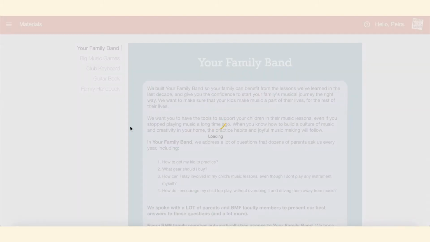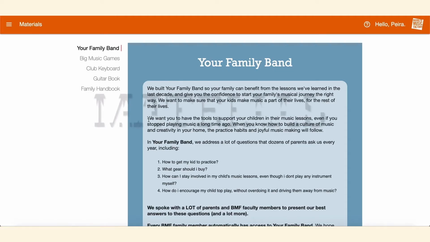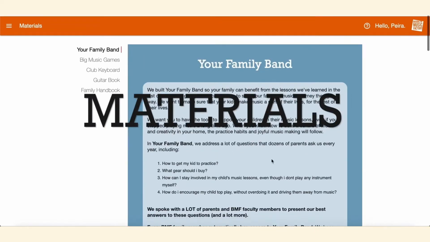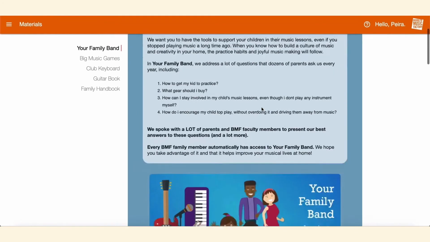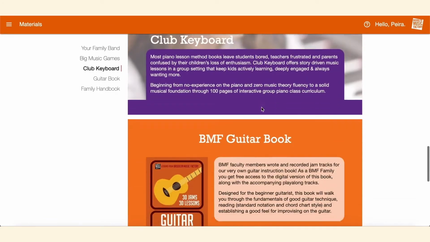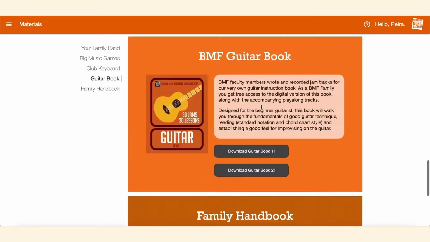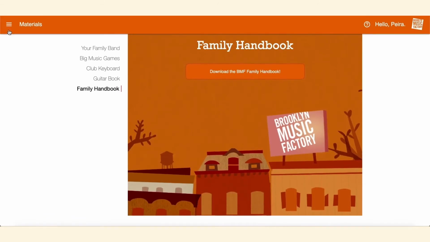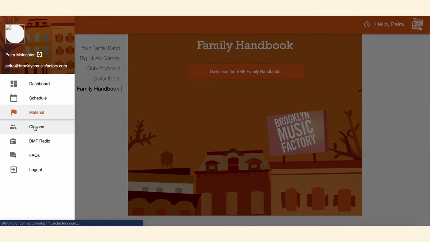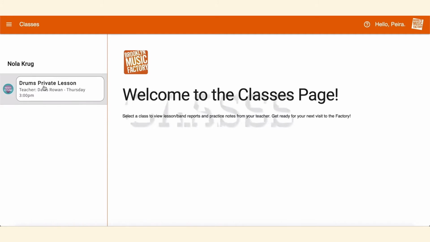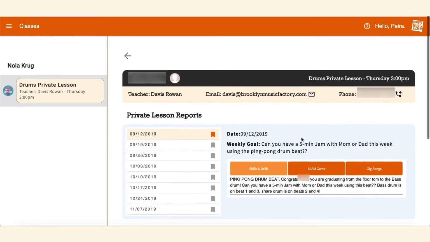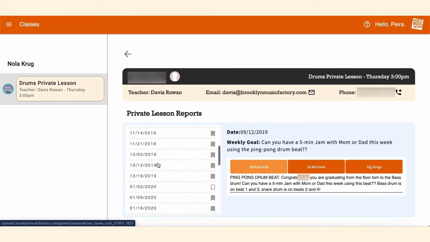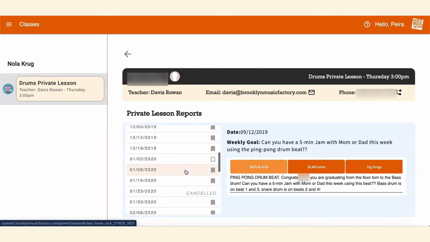You can click on materials to go to the materials page where we have access to BMF free online materials, including your family band, big music games, club keyboard, and the BMF guitar book. The classes page is going to be your hub for all of the information sent from your teacher. So here are all of the reports that you've received over the course of the year sent by your teacher